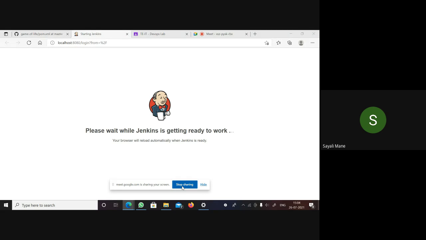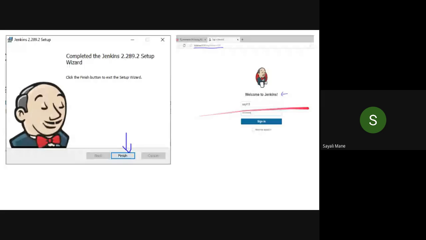So let me show you my screen. Because what is next is, after that installation of plugins, they will direct you to the respective account. Since I have the account in Jenkins, they will ask you to fill the respective fields for Jenkins, like your username, password, then your name, like that.